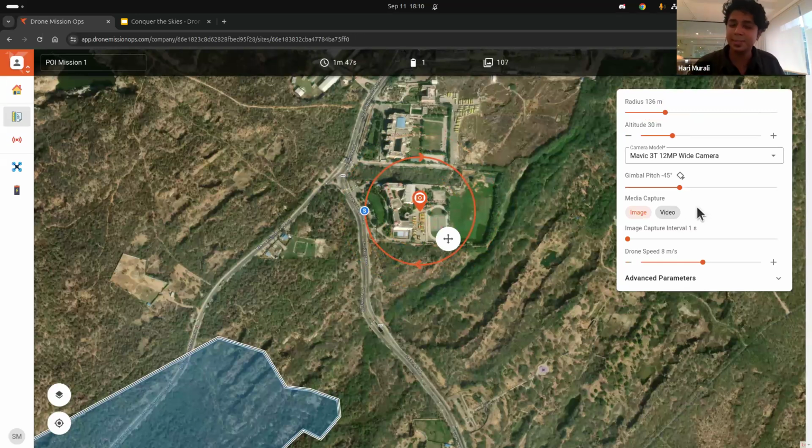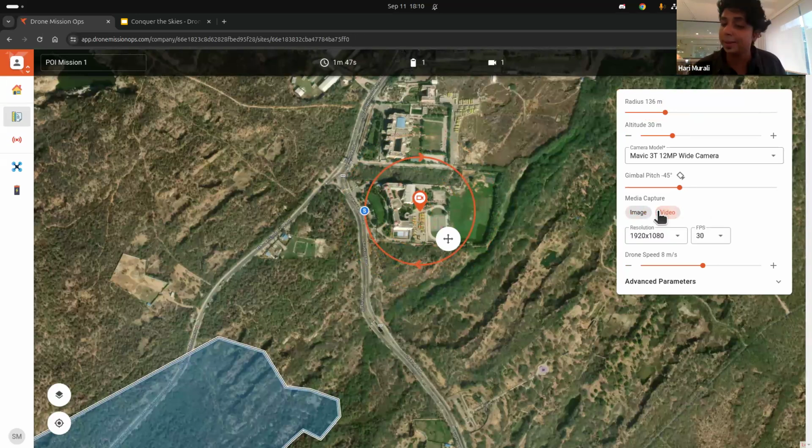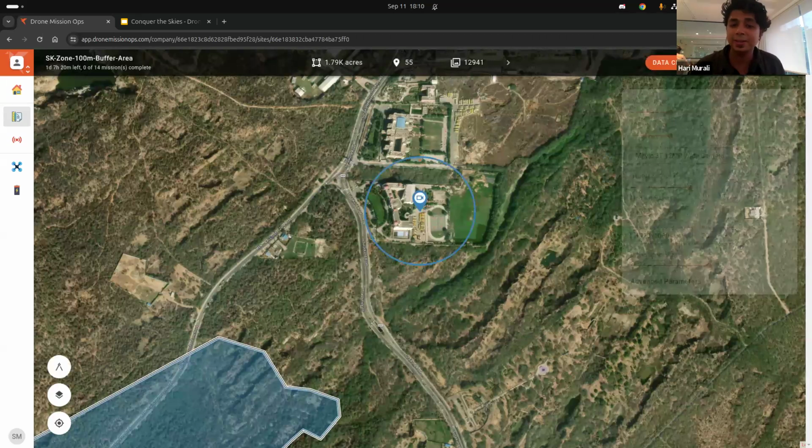DMO caters to that by supporting not only image capture but also videography. So you can do that by changing the media capture to video, right? And you can set some important parameters like the resolution and the quality of the video that you capture here itself, so that you don't need to worry about it when you are actually flying the mission, right? And at this point, you can just simply click save, and you can already execute it